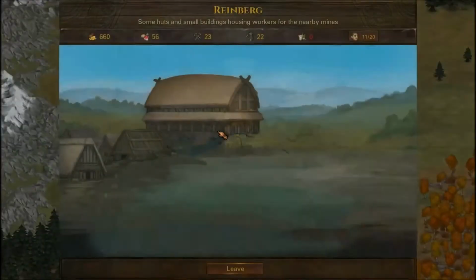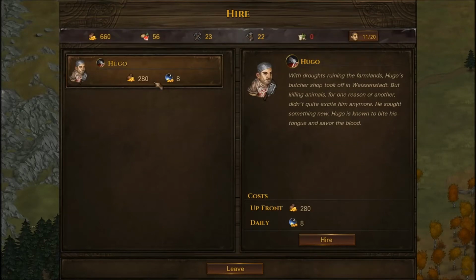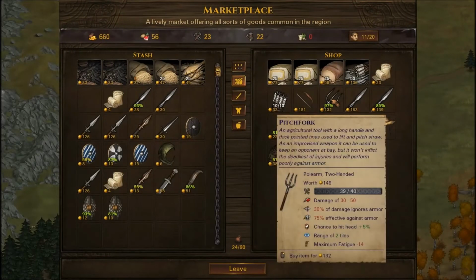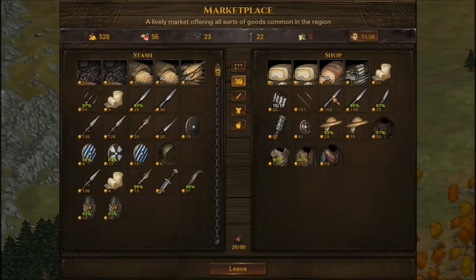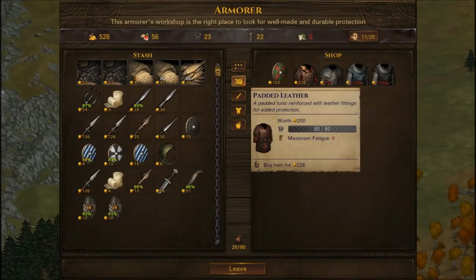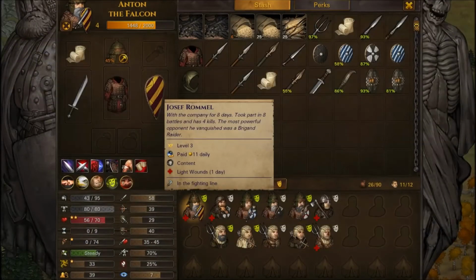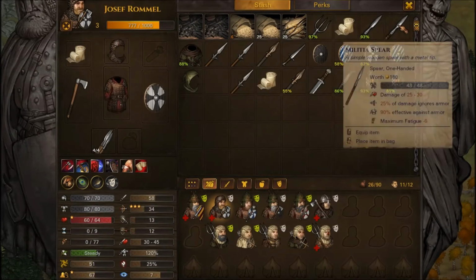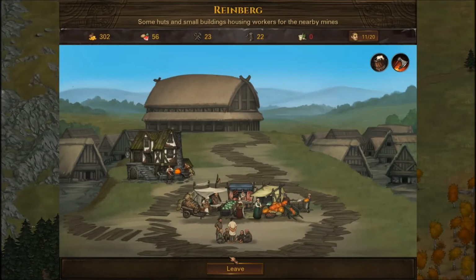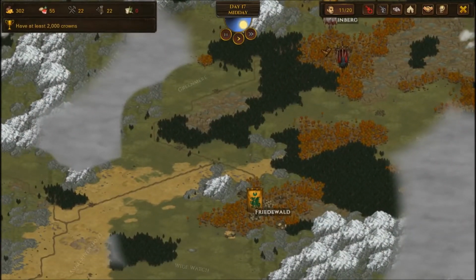Right, so let's peek at Rhineburg, make sure we've got everything that we would need. Hugo is too expensive for how bad he is. Marketplace, actually that is a pretty nice price on a pitchfork. I'm gonna snag that. And armor, what do you got? You know what, that's not a terrible price either. I'm gonna grab that, and yeah, Joseph, you need an armor upgrade, so that is actually perfect. I think that's pretty much it. There's no more work here. We did the last job that they had available, so let's head to Friedewald